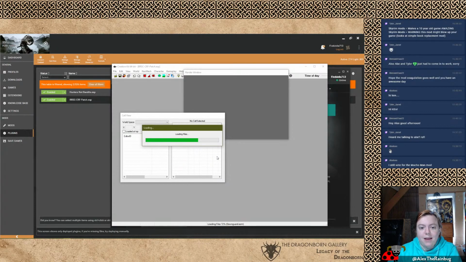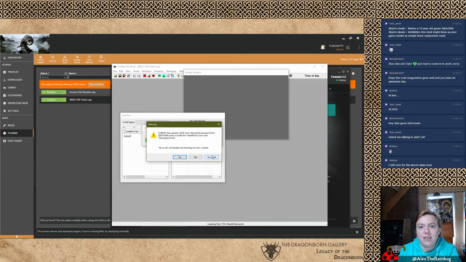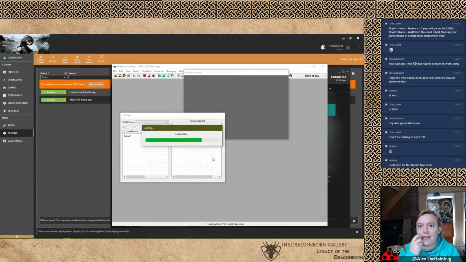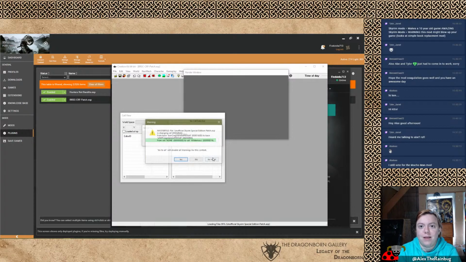Potentially duplicate land. Yes, I know. Yes, potentially duplicate land basically means that there is an identical to master, or ITM, record. That is one of the things that we are going to be dealing with in SSE Edit. There is actually a whole guide when you go into the LOOT optimizer tool